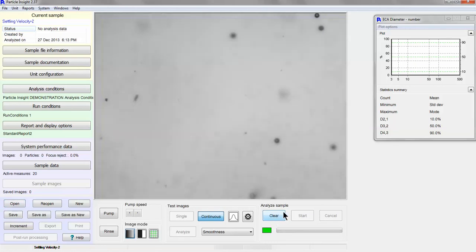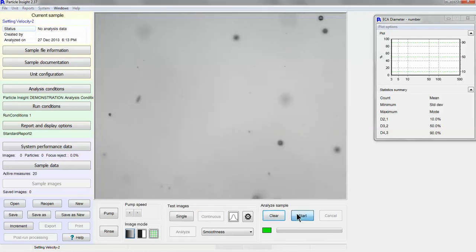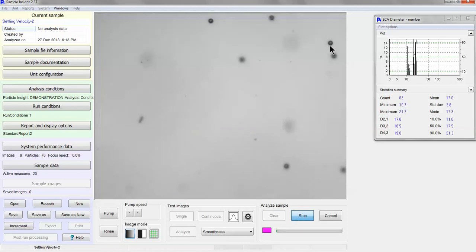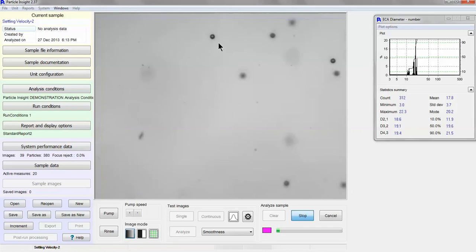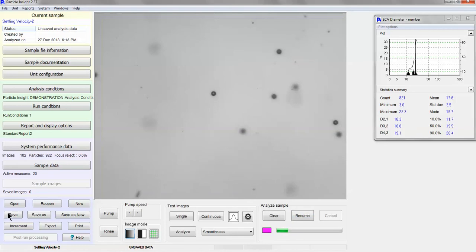And say clear start, and see how some of these particles are actually settling, and now they're making their way down. Obviously before there were probably some bubbles pushing them up, but they're slowly settling down. Once again, if you had some very dense particles, it would be much more appropriate. We're not going to wait for 5,000 particles, but here what we can do is stop. We can save it,